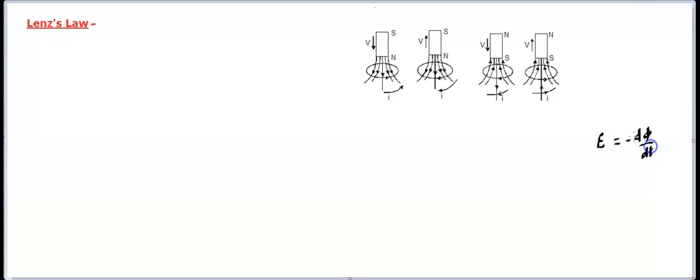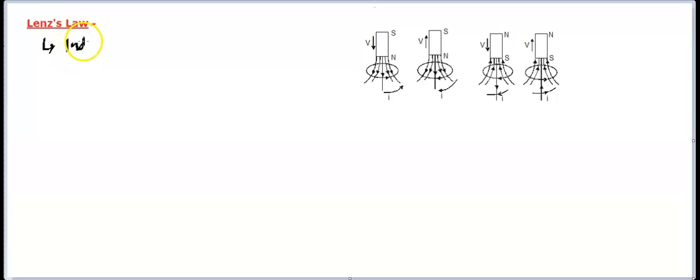So this minus sign was trying to say that EMF opposes change in flux, and that's what Lenz's law is. So Lenz's law basically describes the direction aspect of Faraday's law, the aspect of induced EMF and induced current. So if I write the statement in short, it's going to be like this: